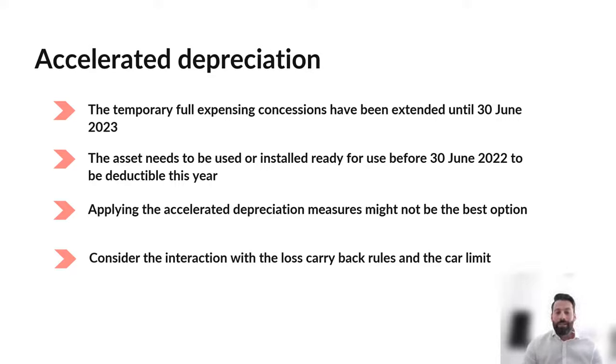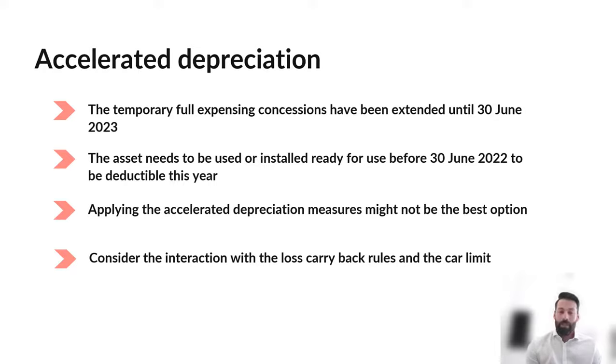What it does is it basically says if you make a loss in the current year, you can take that loss and apply it to previous year's profits, resulting in a refund of the tax that you paid in those prior years. So if you go and buy a bit of equipment and it's worth $100,000 and it causes you to be in a loss in the current year, you might want to think about applying the loss carryback rules to get an offset of tax you've previously paid. There's plenty of things to consider in that, and there's plenty of other requirements. So I would strongly encourage you to get advice if you were looking at those loss carryback rules.